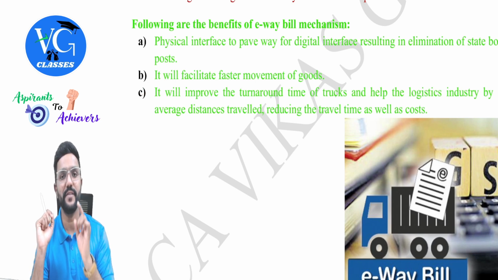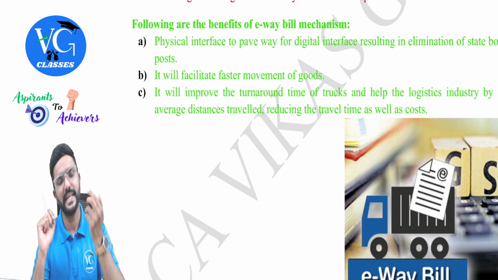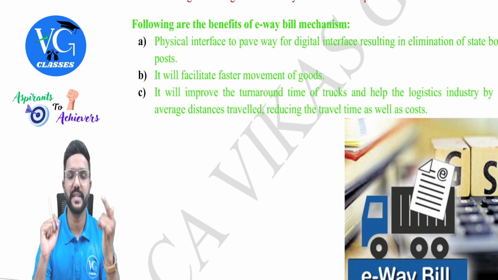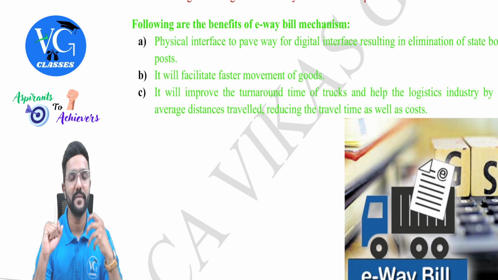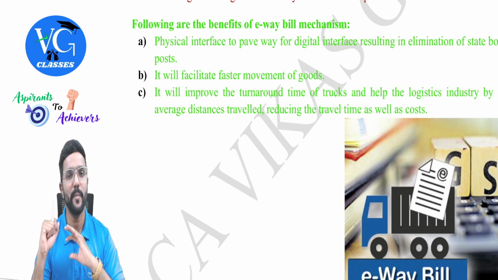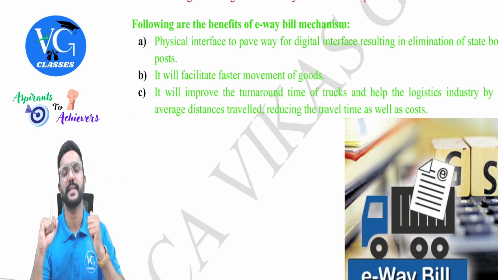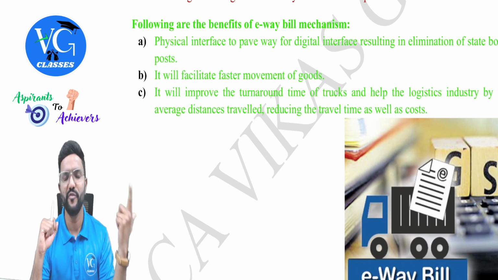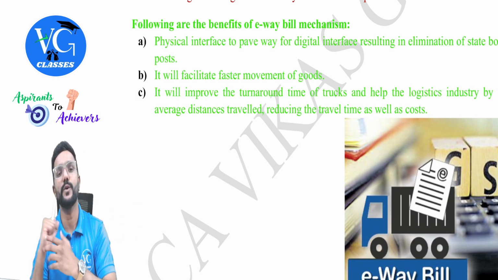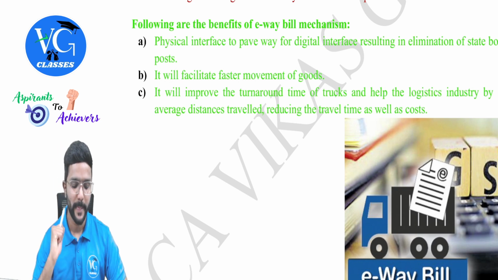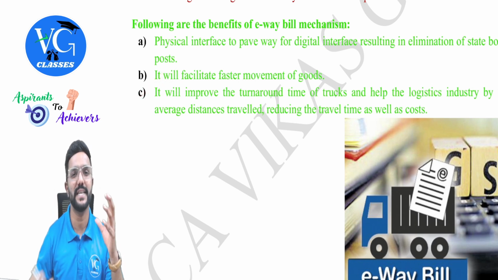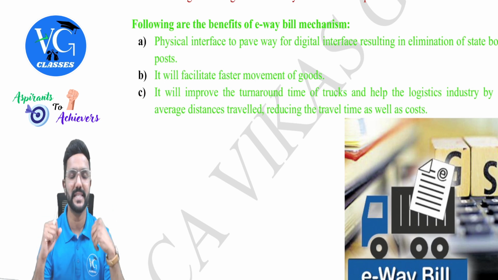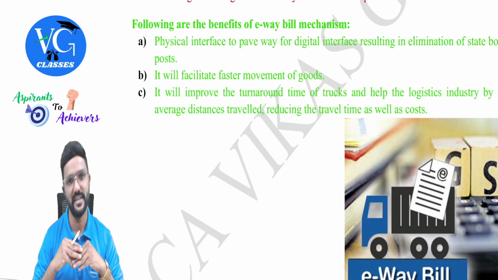Now if the proper officer wants to verify the goods inside the truck, should he physically verify? No need, guys. If you just check through the e-way bill number, whenever an e-way bill is generated, a unique number is generated. Using that, the proper officer can check full details about the goods and the supplier, whom we also call the consigner, and the consignee. Consignee means recipient normally. For e-way bill, we use the words consigner and consignee, guys. Consigner is nothing but the supplier, whereas consignee is nothing but the recipient.